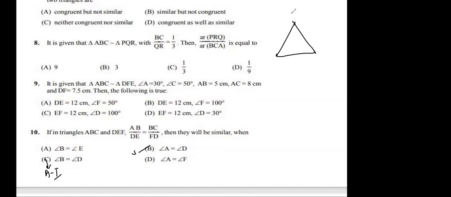So it is easier to make the triangle first, right? Make the triangles ABC and DEF. Then AB upon DE: AB is this one, draw one line with this one, and DE. Okay, and BC upon FD. BC is this one, 2 lines, and FD is this one, 2 lines. So the corresponding angle of these two sides is actually B, and here the corresponding angle of these two sides is actually D. So angle B should be equal to angle D. Okay, Sadhna, got it?